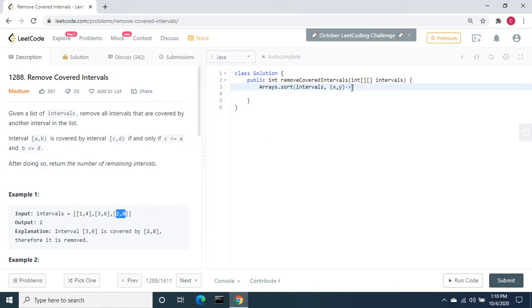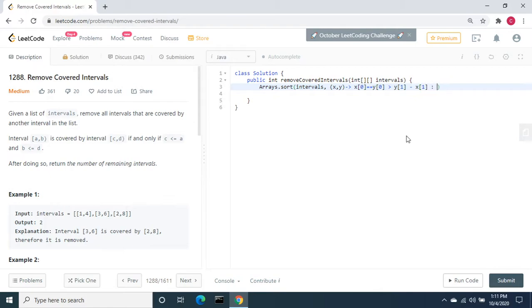To sort this, I'm going to use a lambda expression, (x, y). From here we need to check one more thing. If x[0] is equal to y[0], then return y[1] minus x[1].